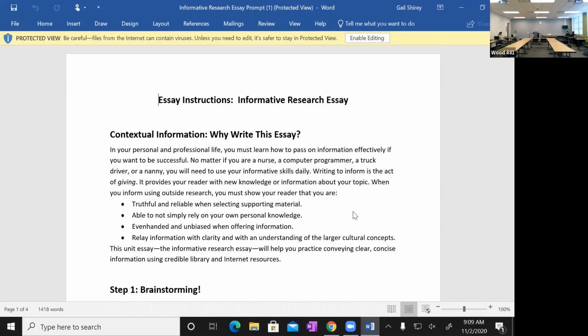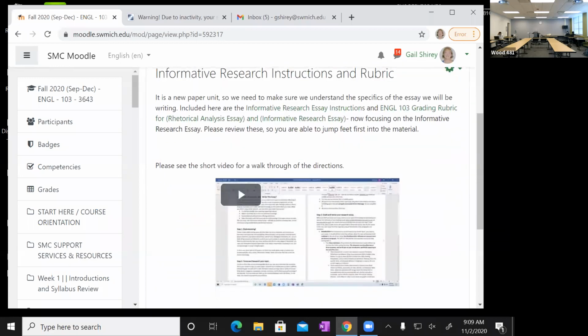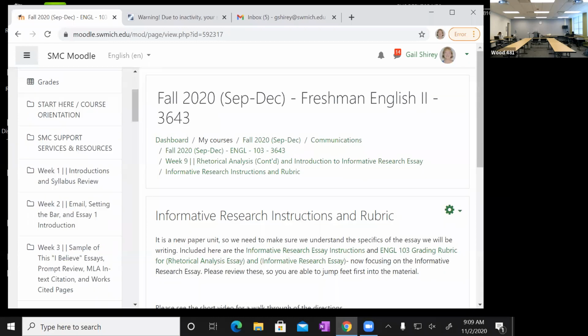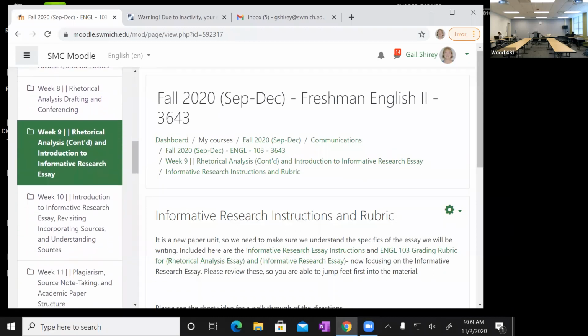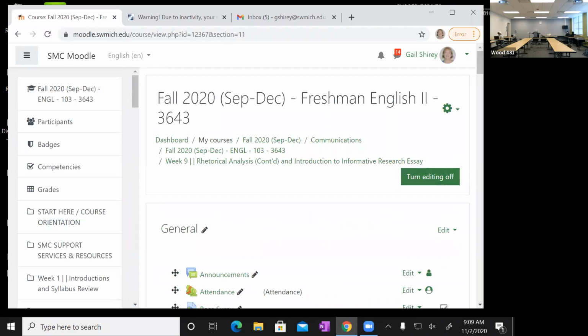So these are the instructions for the big essay, the big one that's going to be due in probably 3 weeks. Now, let me come back here. It might be 3 or 4. I forget how many we have left in the semester. So as I come back into week 9,